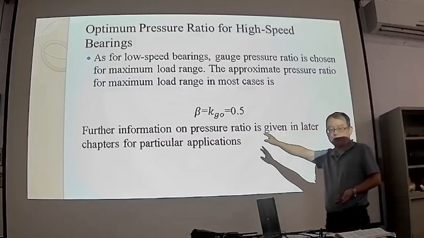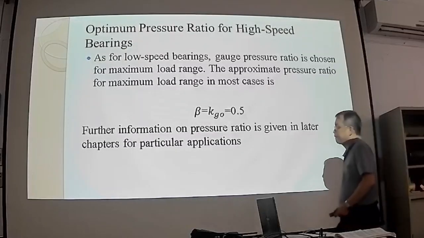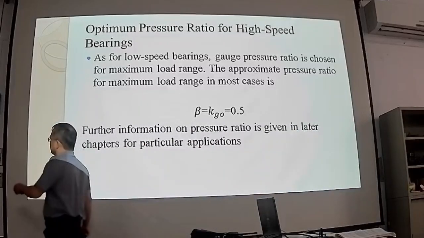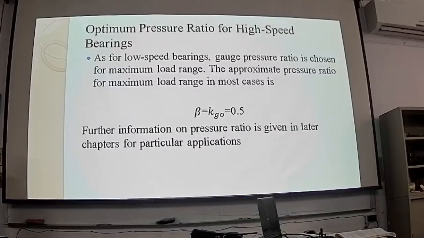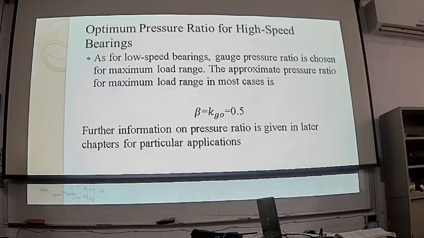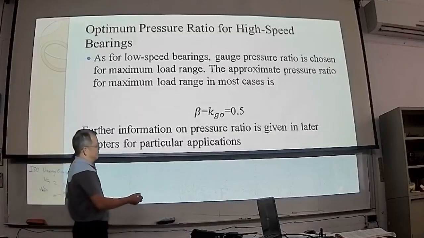It's a slight difference. 所以小孔节流器的最佳压力比是0.5，所以我们的油腔压力一般来讲，大概是供压的一半。